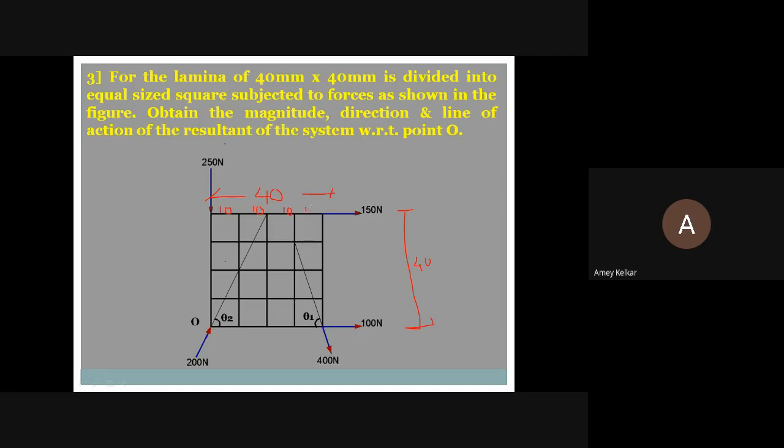Okay, now firstly, this thing is important to be understood here. Why is this breakup required? Because the forces are given with respect to some other point. See here, this line is extended up to here, and this line is extended up to here. That means to find θ1 and θ2, we have to use this one triangle and another triangle. So you have to be careful from where the forces are originating.